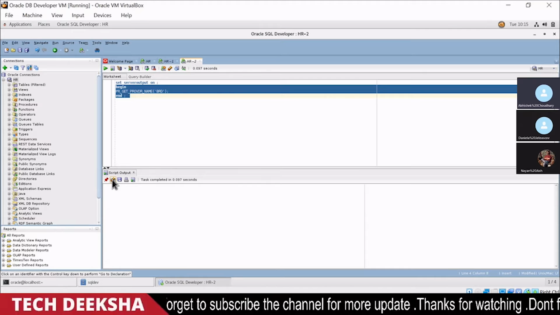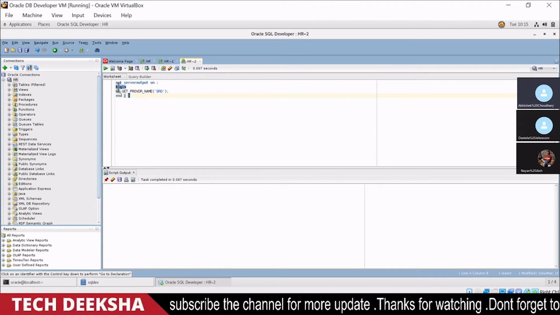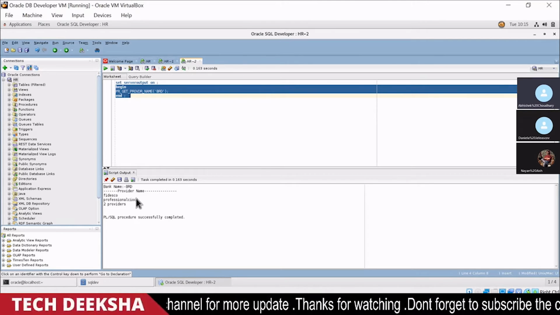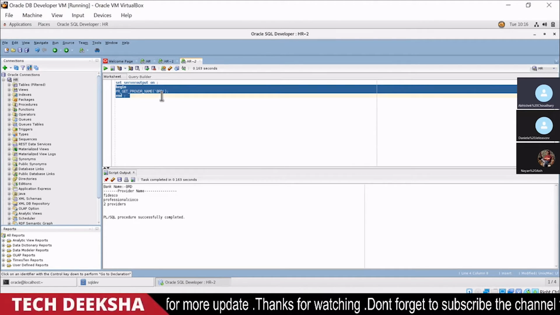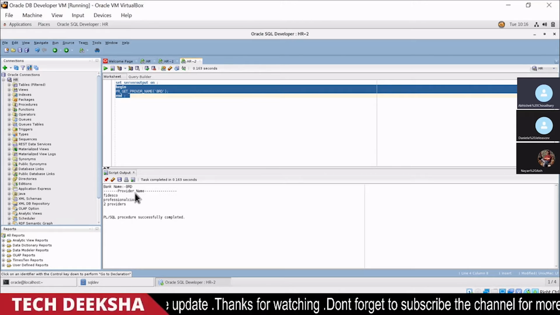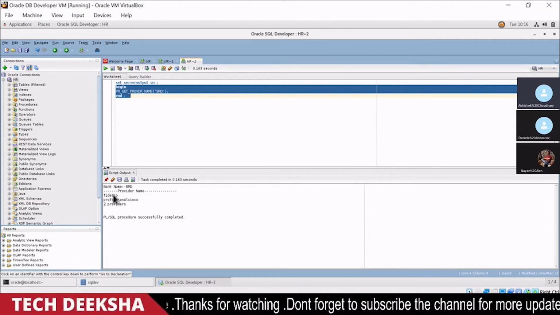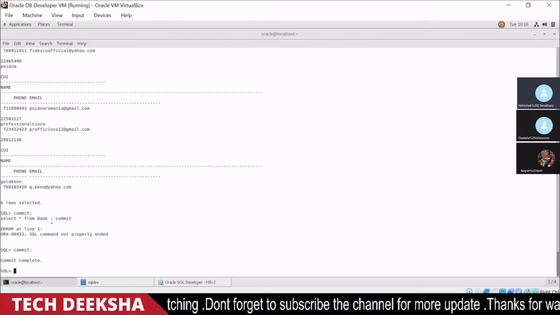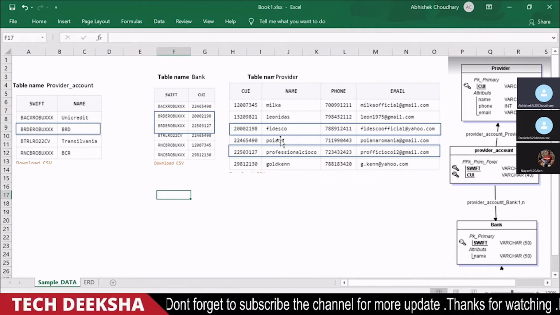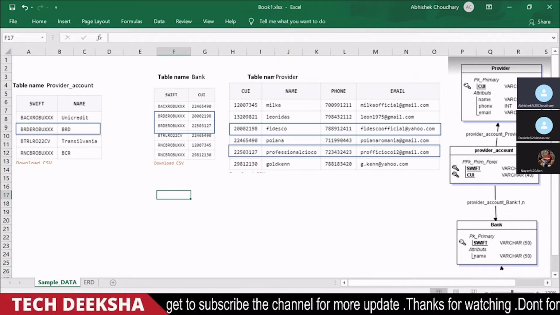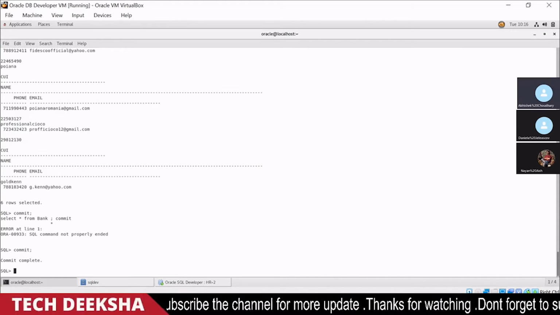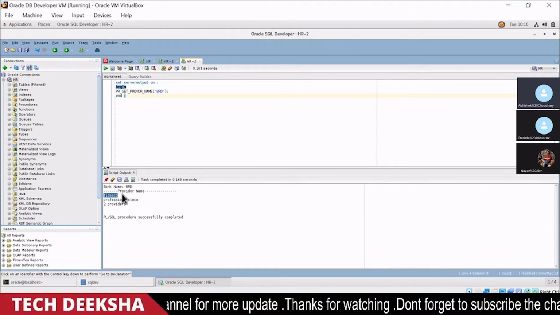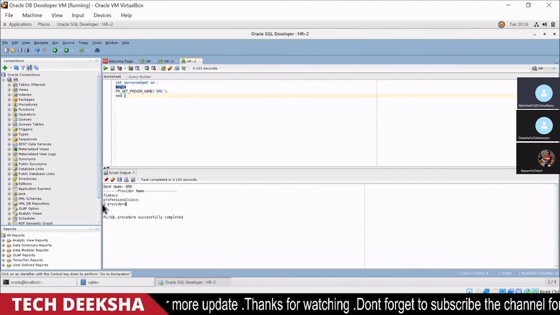Let me clear this one so that it will be better. Yeah. So you can see we have passed BRD as a bank name, and the provider name it will print as these two, which we have seen in the Excel, right? These two records followed by the number of count.